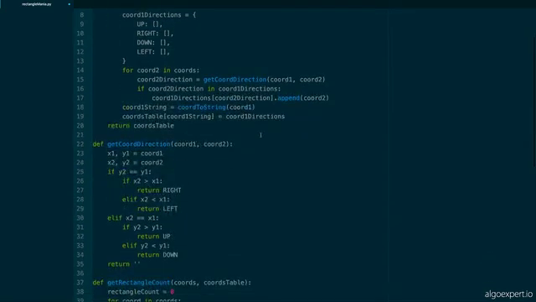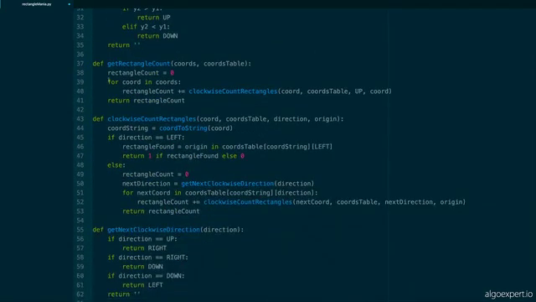For the rectangle count, what did we do? We said, okay, iterate through all the coordinates, treat every single one as a potential bottom left corner. Then for all of those, clockwise count the rectangles, passing in the direction. We start by going up, passing in the origin, which is the current coordinate. And when we clockwise count, make sure to create a string so that we can access stuff in the hash